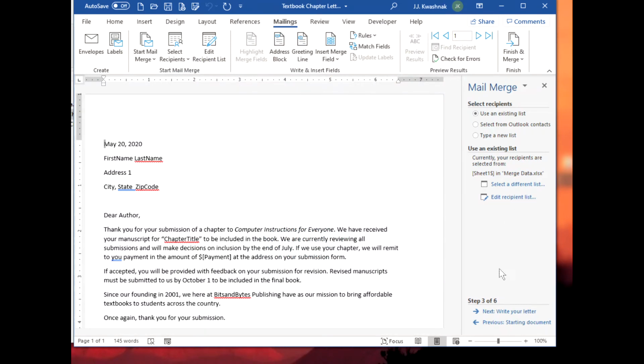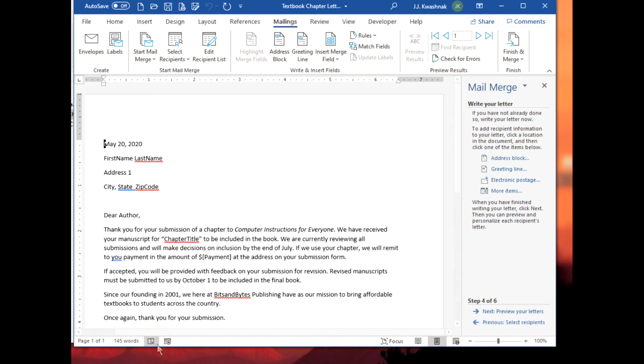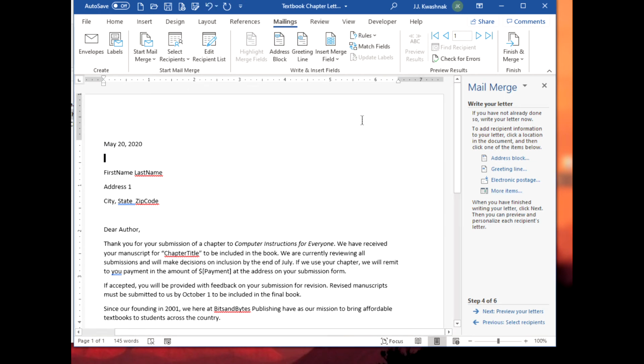And now, next is to write your letter. Well, we've written the letter, so now what we need to do is add in my fields. There are several ways we can do this. We can add in a pre-created address block. That's nice and easy. We're actually going to do it manually because that's what you're asked to do in the